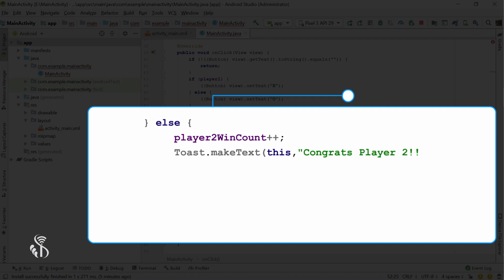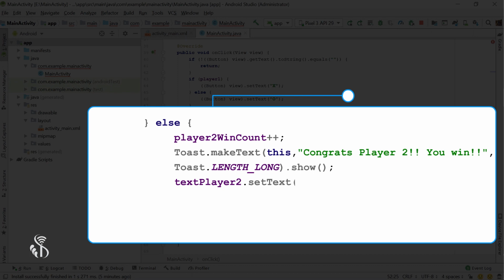You win!!", Toast.LENGTH_LONG).show(); textPlayer2.setText("Player 2: " + player2WinCount); }